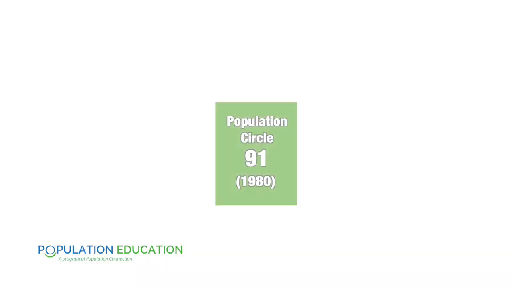Each student receives a counting card. The card has two numbers, and for the simulation, we'll focus on the number that's right in the middle of that card. It's somewhere between 0 and 100. As we count, when we say the number on anyone's card, that person will step into the yarn circle. And by doing so, they have just added to the global population.